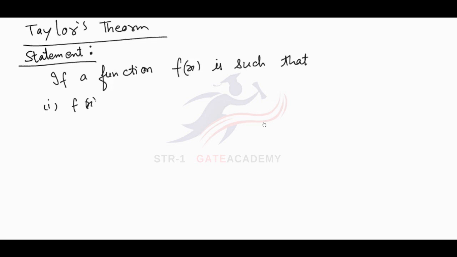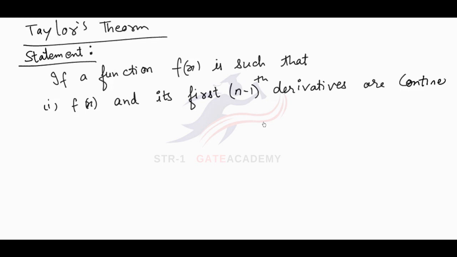case 1, f(x) and its first n minus 1 derivatives are continuous in the closed interval a comma a plus h. Now h is again a very small, infinitely small point. Wherever we are denoting h in calculus, always understand that h is a small, infinitely small size which is tending towards 0, right? And second part he is saying is that the nth derivative f^n(x) exists